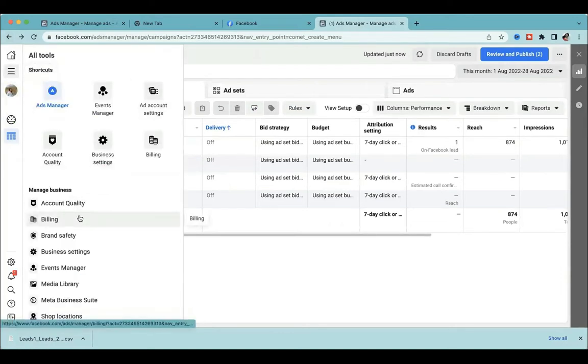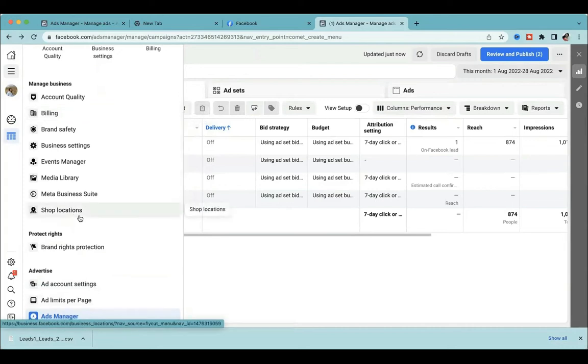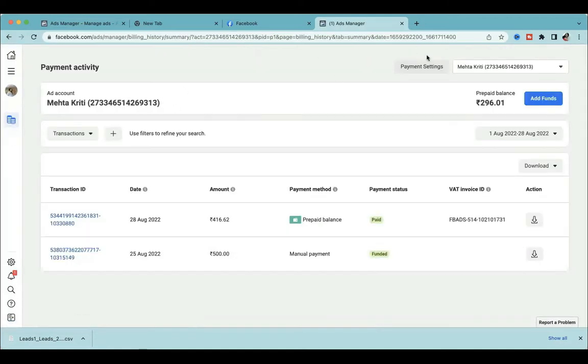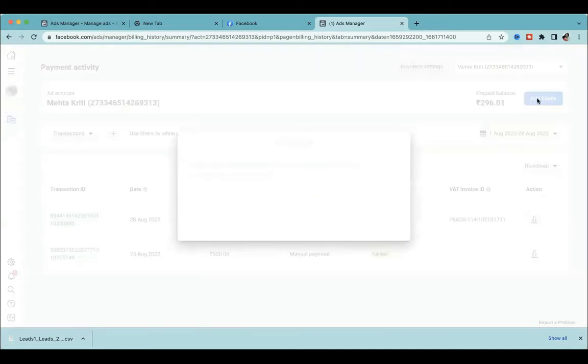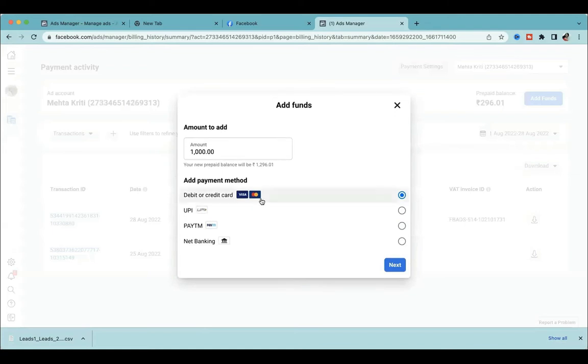Now let's go to billing. If you want to add money to your Facebook account, you need to go to billing. Just add funds from here, and whatever amount you want to add to your Facebook account, you can add it. And here you get the option of debit or credit card, UPI or Paytm. Okay, so let's say I click on UPI, you can see